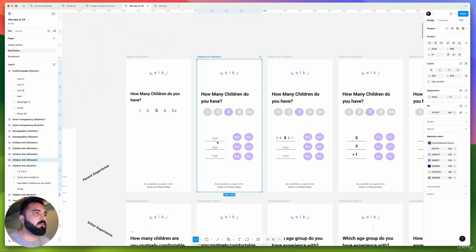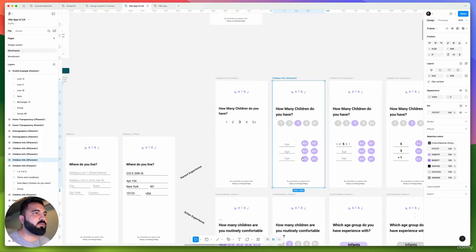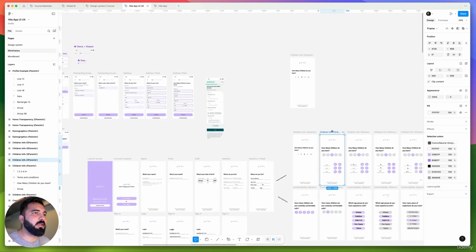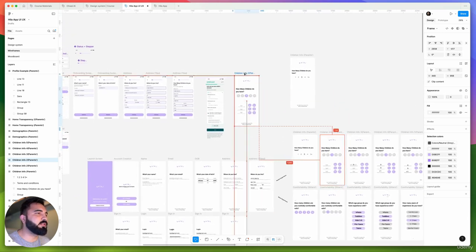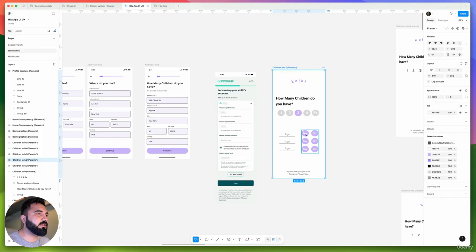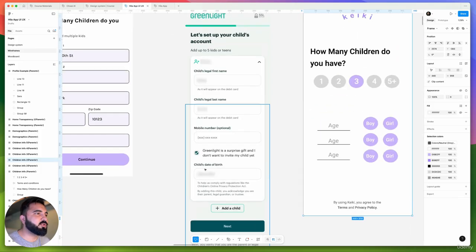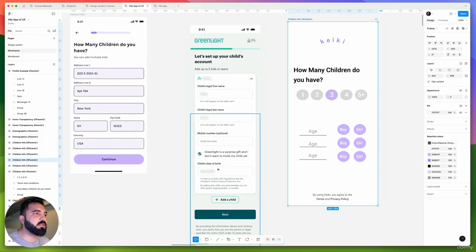So we will have boy, a girl, and then age details. We will do it one by one, and these are the information that we needed. Age, and instead of age we will just do the birthday, so automatically the age will be picked from here. And as for the boy or girl,